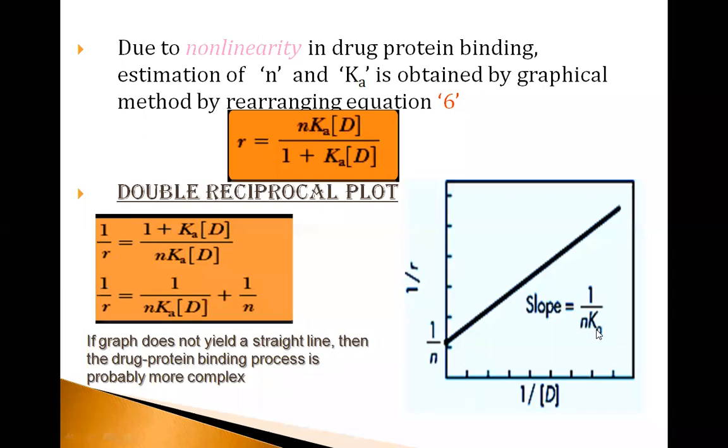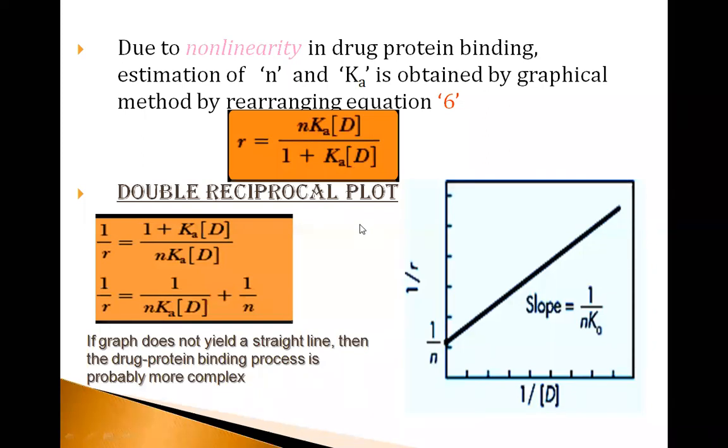So this is the application of the basic equation which we would have derived based on some assumptions initially. So this was a theoretical equation, converted into a practical equation without disturbing any of the values. It's only the rearrangement. If I rearrange this equation back, it comes to the same original equation. So that's why I'm using the word rearrangement. I'm not adding or deleting anything out of the equation. I'm just rearranging that. And this first method is called the double reciprocal plot.